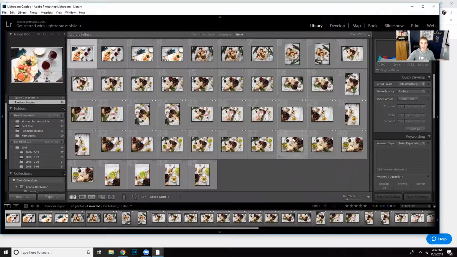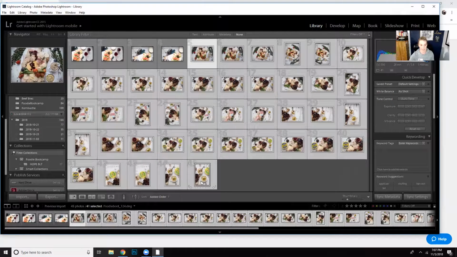Okay, so now that I've imported them, one of the first things that I am going to do is add it to what's called a smart collection. This is a first step in my workflow so that if I pull up and import something else and it erases this, so to say, I can easily go back to this collection that I've just imported. So what I'm going to do, I'm going to highlight,